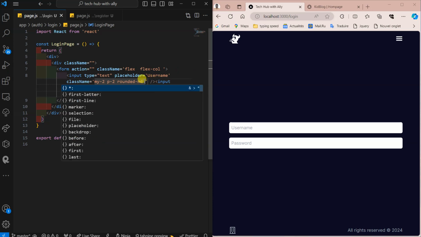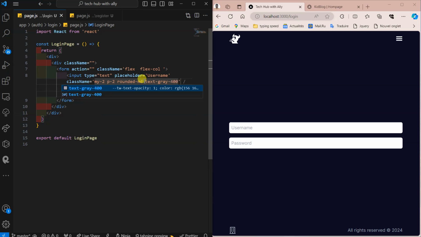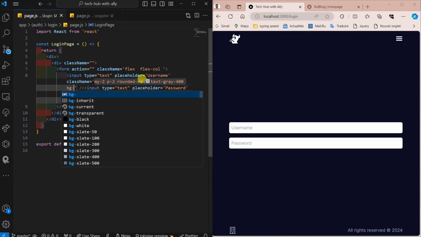Let's continue. After I make it rounded, we need to make the text gray. Text-gray-400. If I do like this, you can see the text will not be that white. Even the background, bg, the background should be